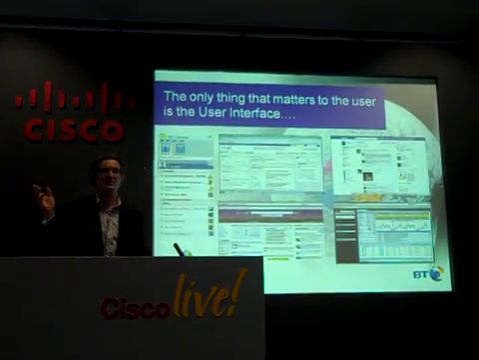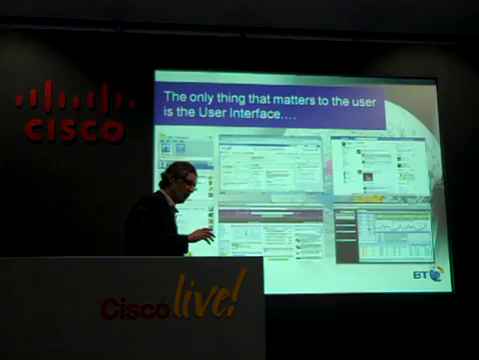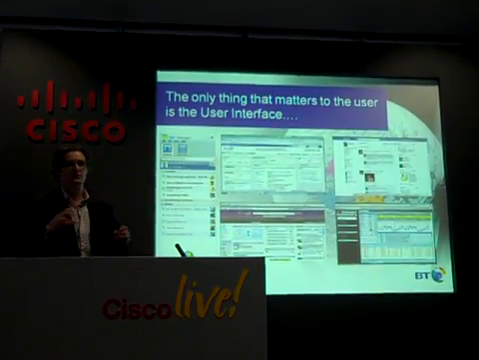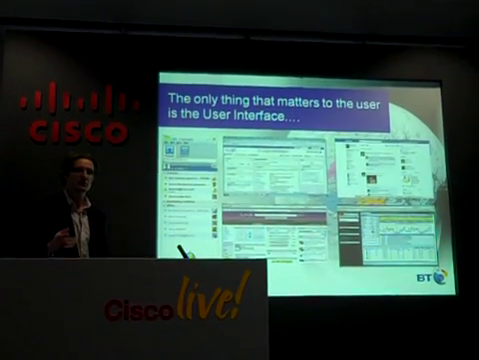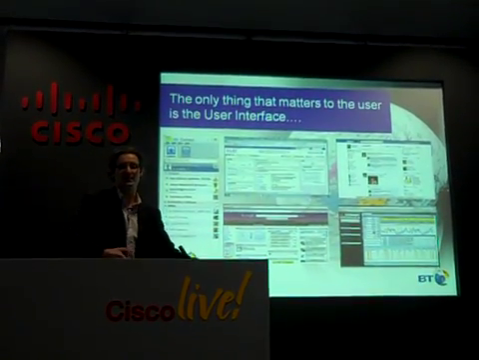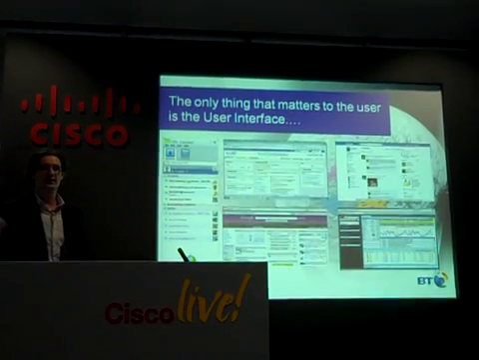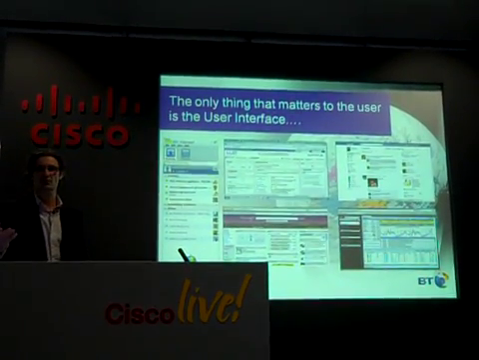Now, to us, from the user perspective, it's all about the user interface. Nothing else is important. As IT people, it's slightly more complex because we've got the issues of where we are today with the legacy and how we move forward and get through the migrations and the position that we're in